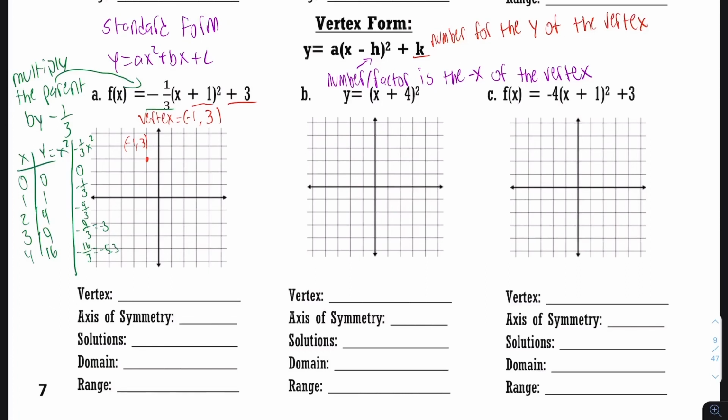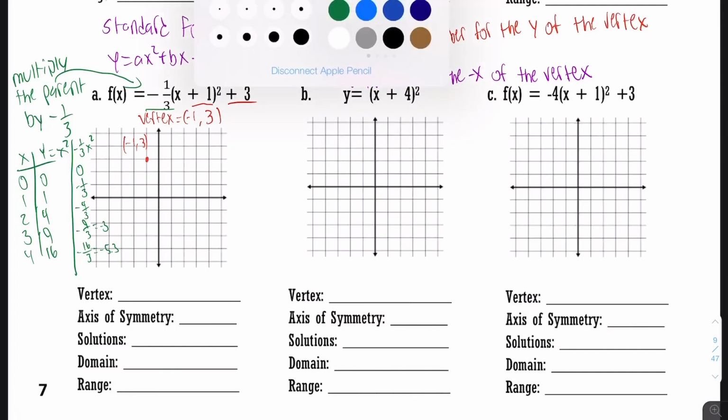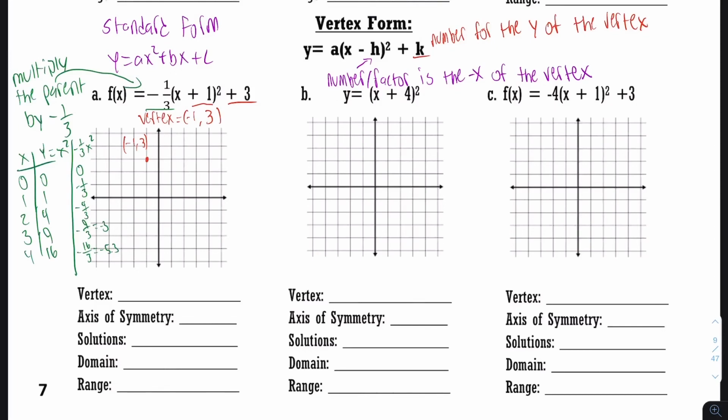So what we're going to do is we're going to pretend this is the origin. We're going to pretend that the vertex is the origin because every parabola, every quadratic is symmetric around the vertex. So we can treat the vertex as the origin of our parabola. So this is going to be our 0, 0. Then we're going to go over 1, down 1/3, over 1 more, down 4/3,